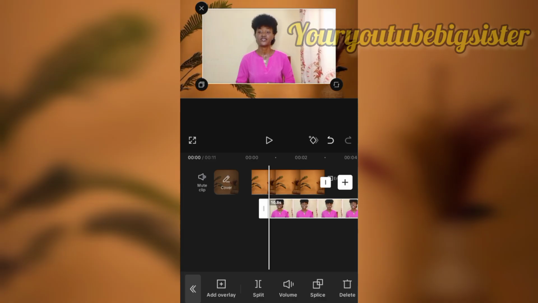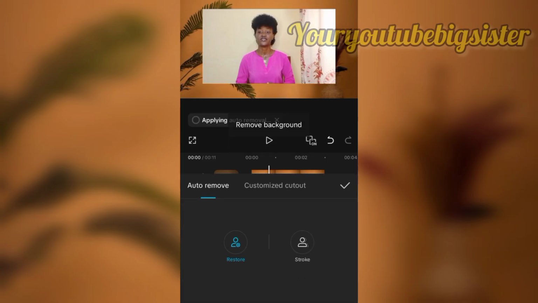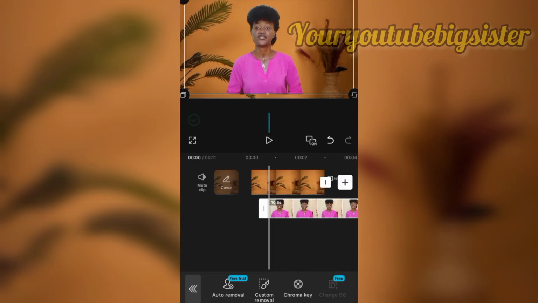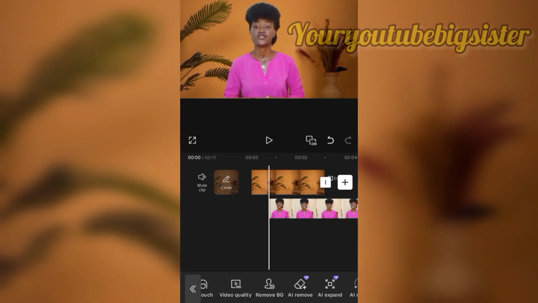What I'm going to do is to click on remove BG. That's remove background. If you just scroll to this place they say remove BG. Then you now say auto removal, and within seconds it will remove your background. It will not even take up to 5 seconds. So once it's done, then you're going to click on this good sign here. Then you're going to use your hand to fit it. You see what I'm doing. Once it is fitted,